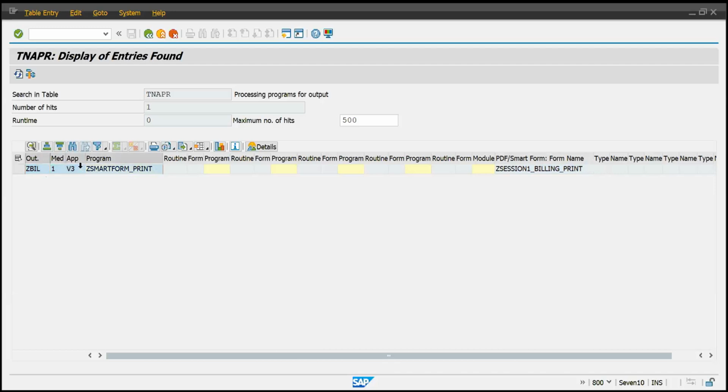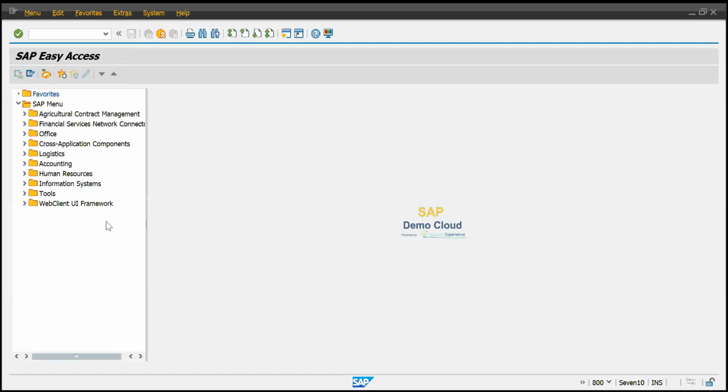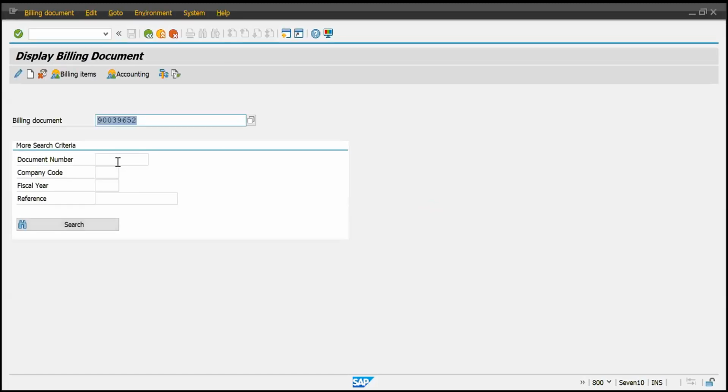So we can see the program name and the smart form name. One smart form can be called by many programs, that is possible. So we can have V3 and output types might be different. Based on the condition, we can create multiple smart forms over here. Then we have to do one more setting in the BF03. If you go to